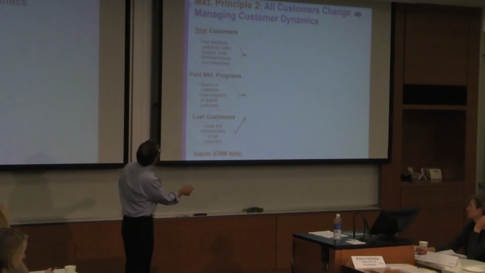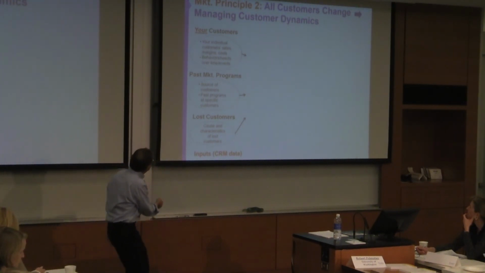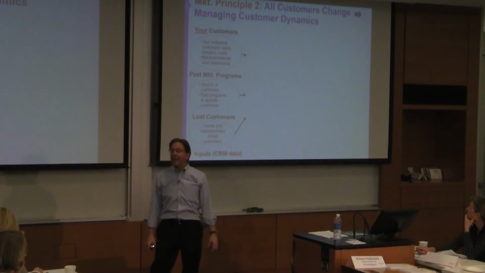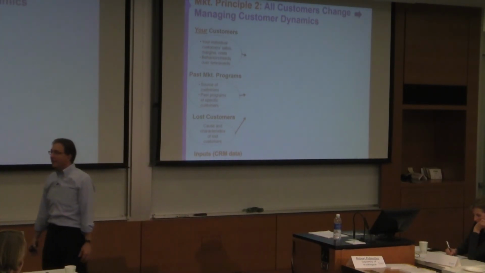Okay, all customers change, so we want to manage dynamics. So this is like the second step. We take these inputs: your individual customers, sales, margins, costs, behaviors. You need to know how much money you're making on your different customers. If you don't know that, you can't do